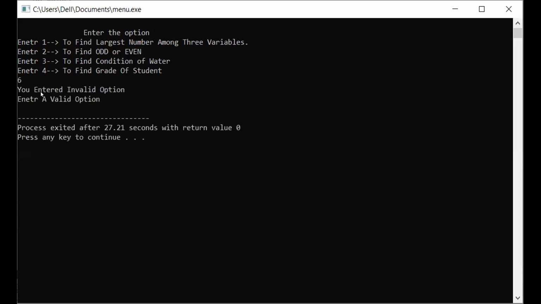So you can see that the user input an invalid option, because only the four switch cases 1, 2, 3, 4 were used. 5, 6, we cannot enter 5, 6. So now default is executed, and the message which I wrote into the default is executed here. Press any key, this program will be finished. Now I am going to execute the program again, because every time the program ends, the user has to run the program multiple times.